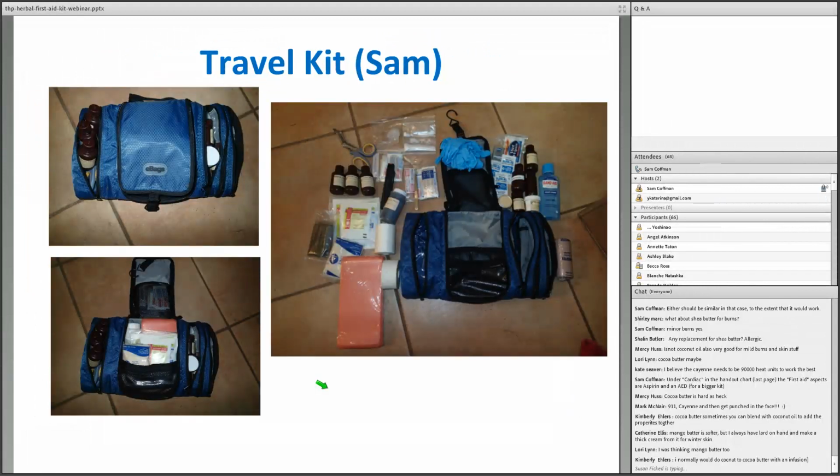Let me just say really briefly that I think one piece, and I don't know if you mentioned this or not, Katja, I know you packed this way, but I just wanted to bring it out in case you didn't mention it, is that you want to think about in packing, you want your kits to open up flat. You want to be able to hang them up or you want to be able to lay them out. So travel kits, I know Katja mentioned this already, travel kits are great, and if you check out our Herbal Medics first aid kits that we sell, the trauma kit portion of it is